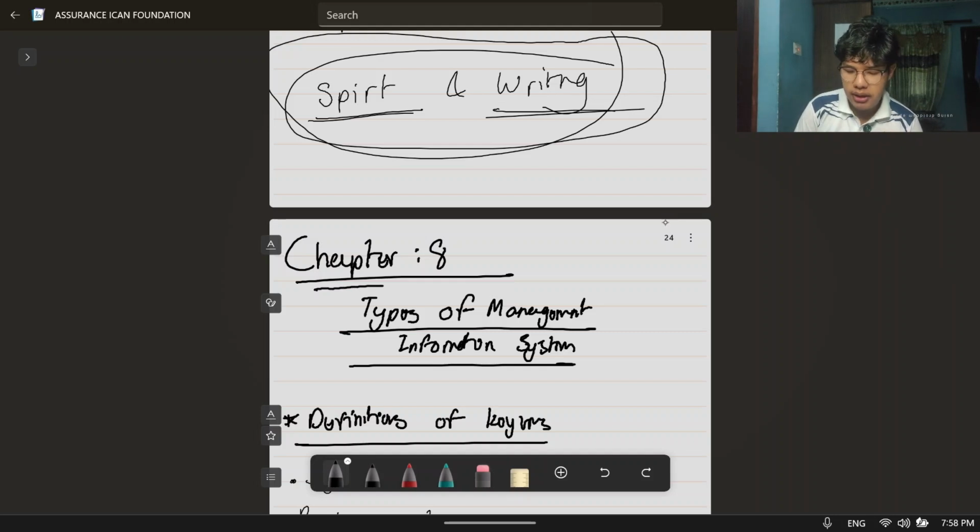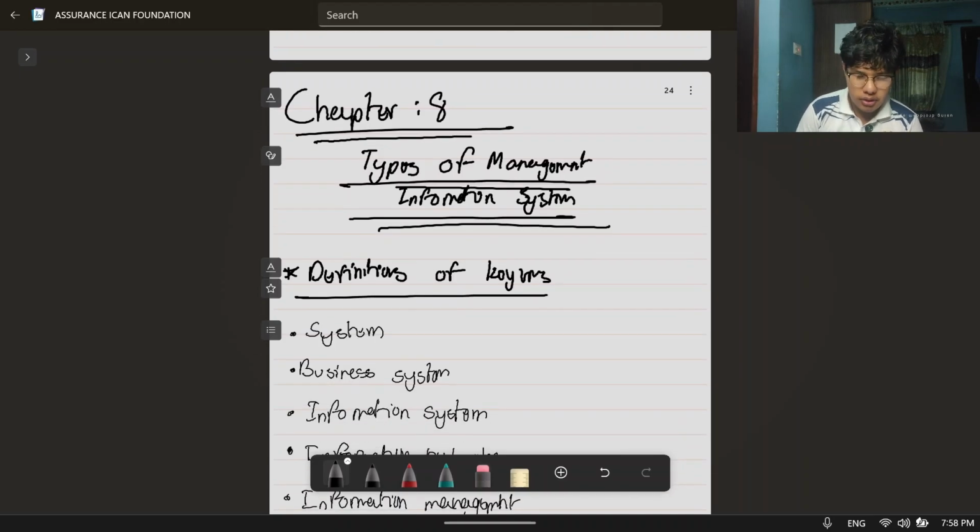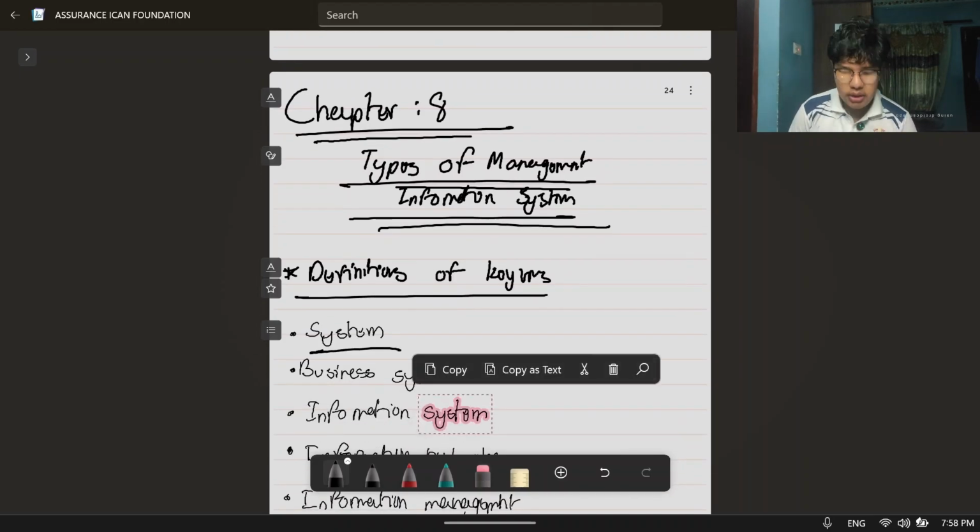आज मैले के पढेँ, आज मैले chapter 8 of assurance and information system, which is types of management information system पढेँ. So before getting into the chapter, let's learn the definition of some key terms, which is first मा छ system. Systems भनेको चाहिँ they are a set of interrelated components working together to achieve an objective or a purpose